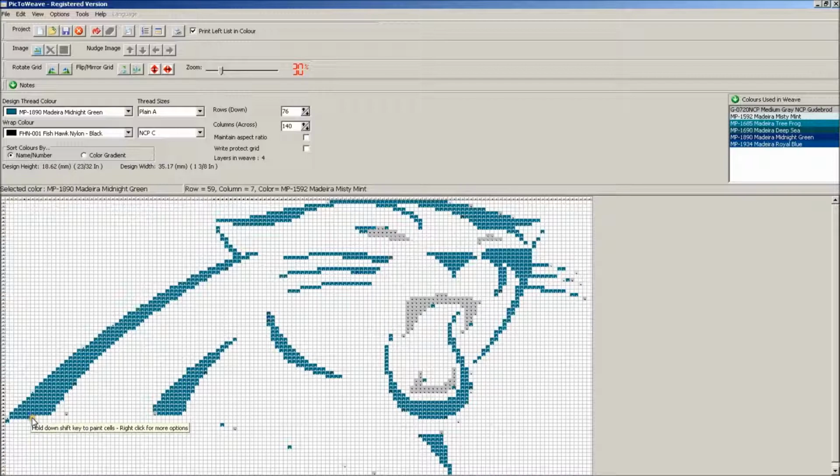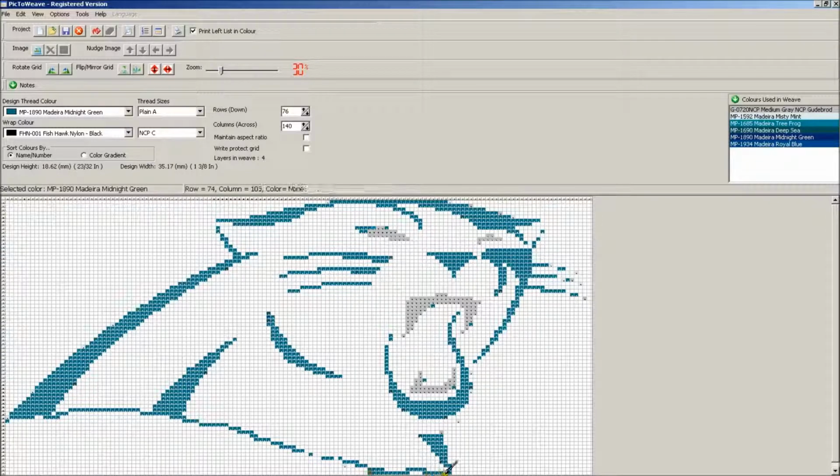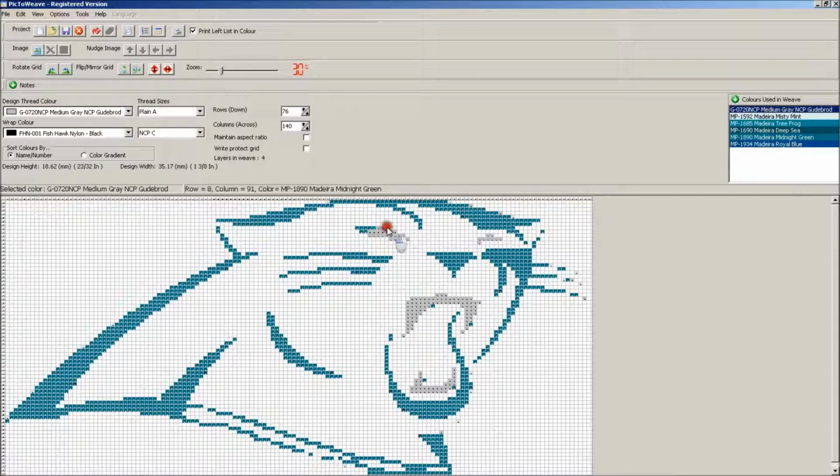I could, if I wished, draw this area in to make it look like the original design, and fill all this in and so on. I won't bother completing that at this point, but you get the idea. So we can go around, get rid of a few bits and pieces, tidy it up as required,